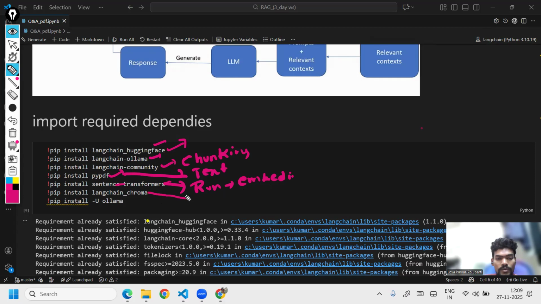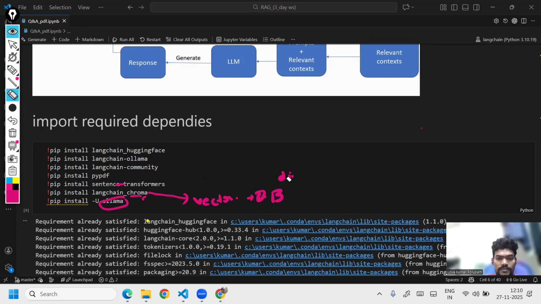Chroma is one of the vector stores. We have different vector stores, or vector databases, but here I'm using the free resource. So this is one of the vector databases. Okay. And I'm also installing Ollama. Okay. So after installing all these things, the next step is to import all the required